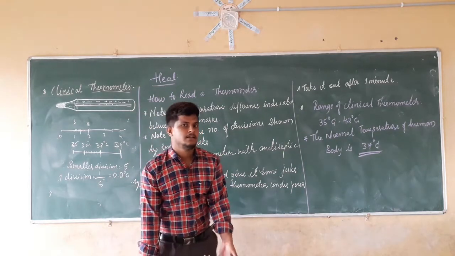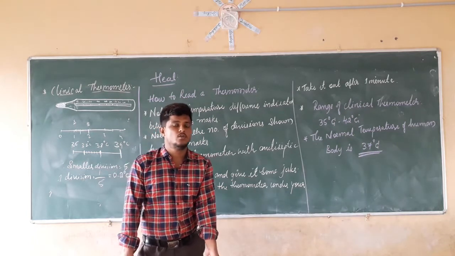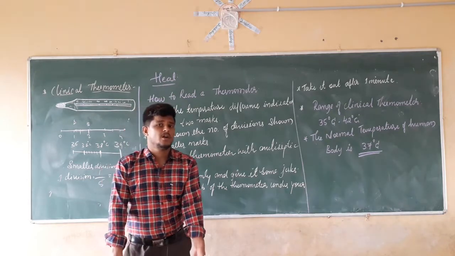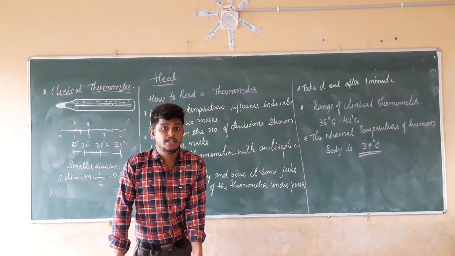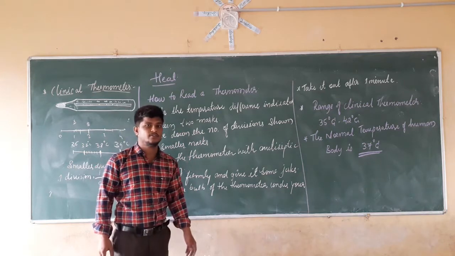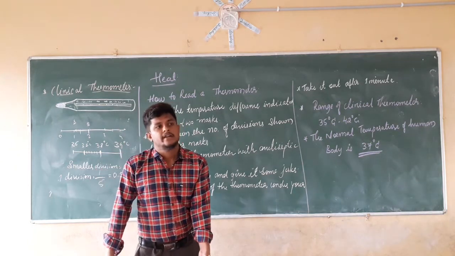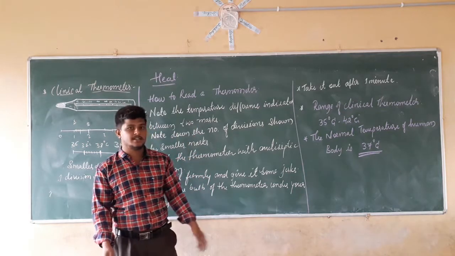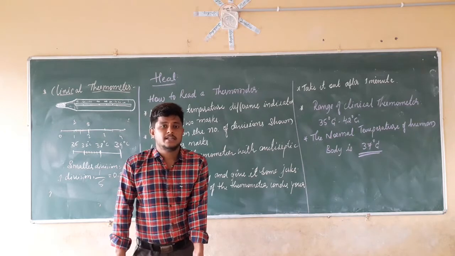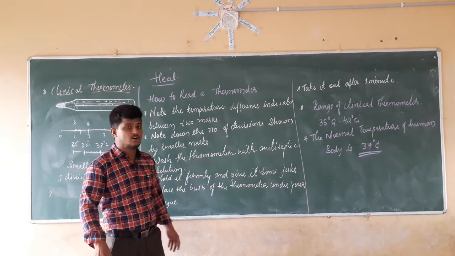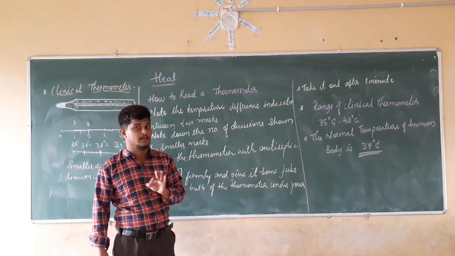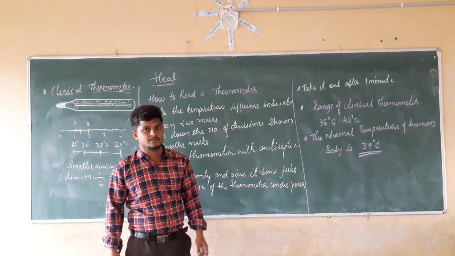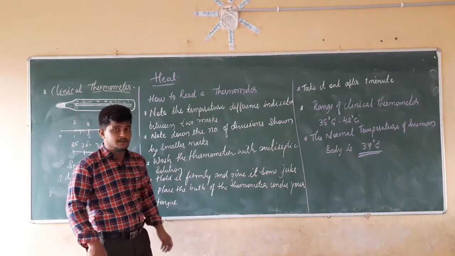For cleaning the clinical thermometer, first we are going to wash it with warm water. The water should not exceed a temperature of 37 to 42 degrees Celsius. If the temperature exceeds that, the chances of the thermometer getting damaged will be very high. For that reason, we are not going to use hot water. First, we clean the clinical thermometer with filtered water.